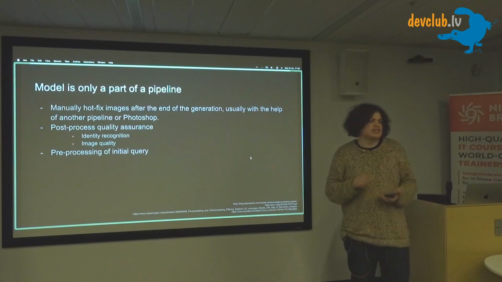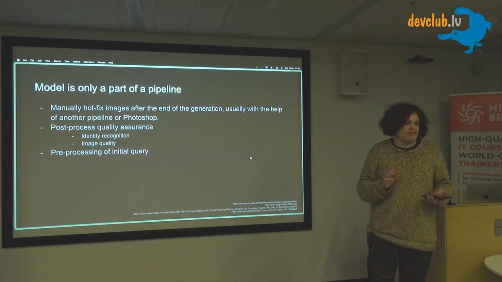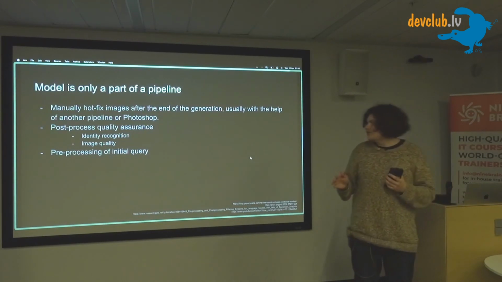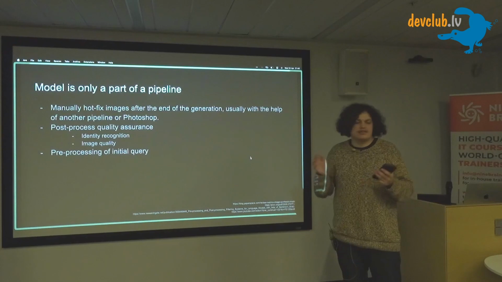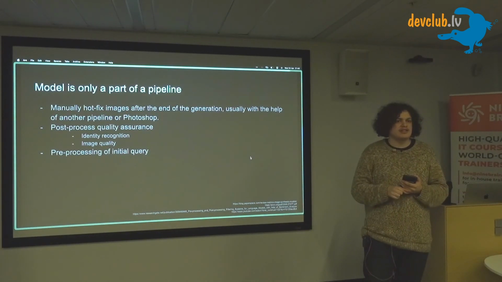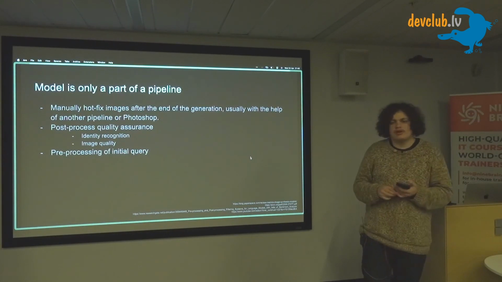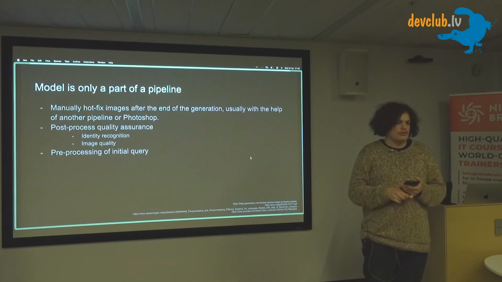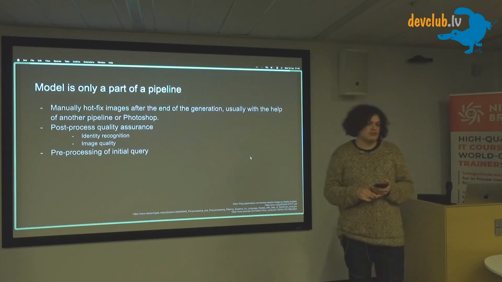For example, isn't the image too blurry? Do we have the correct identity, etc.? And also, if your pipeline isn't constrained to be real-time, sometimes it is just possible to open good old Photoshop and edit some things.